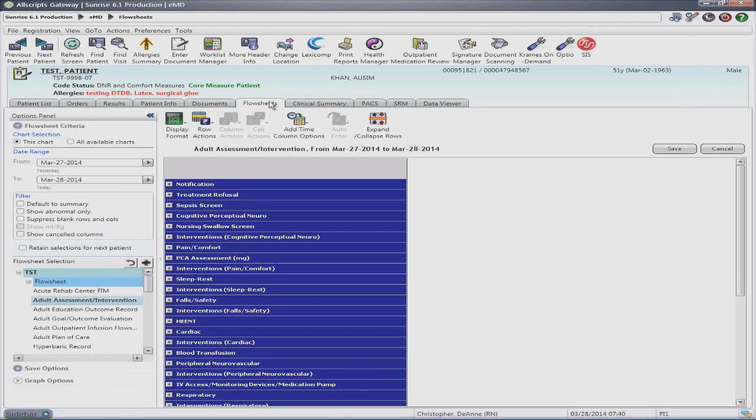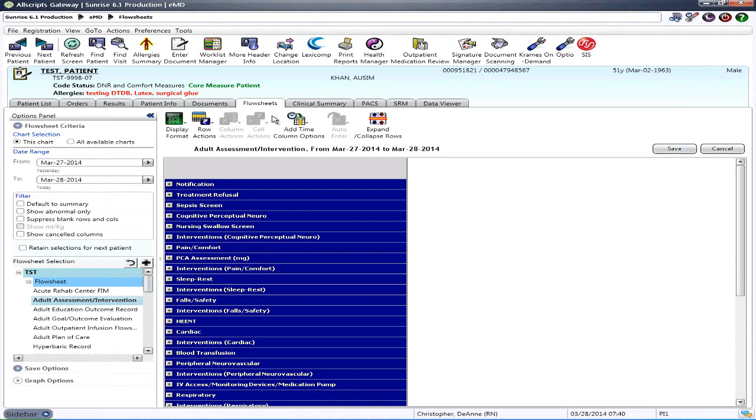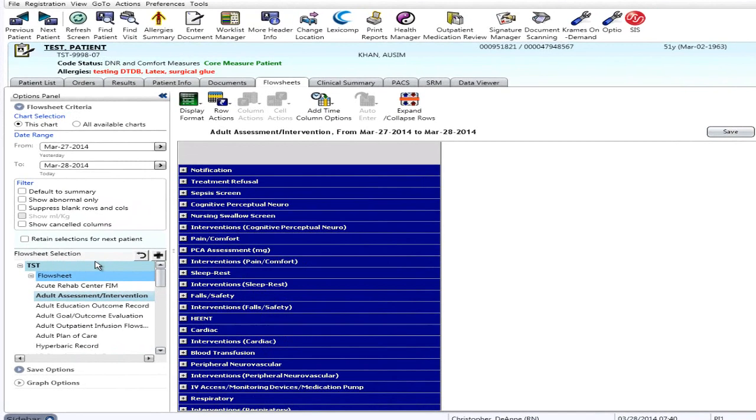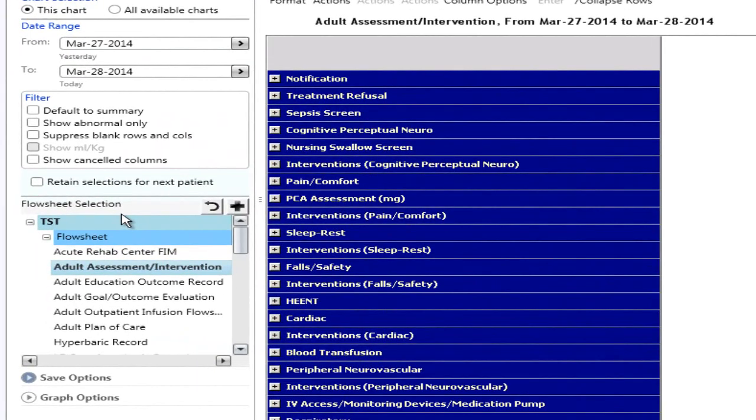The Flowsheets tab is mainly for nursing documentation. However, CNAs document here, respiratory, and most clinicians. You can change the date for easier viewing, and in the middle of the options panel, as you see here, there's a flowsheet selection. It defaults to the patient's current location, and all flowsheets that will be needed for the